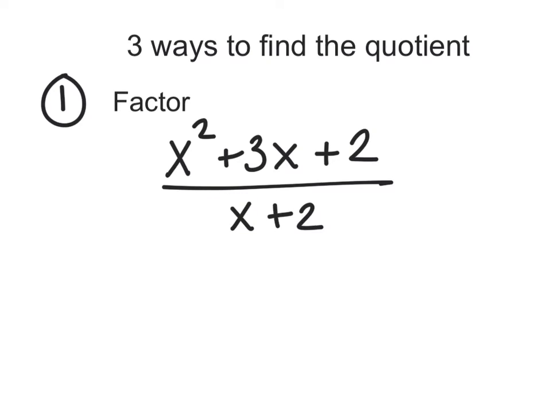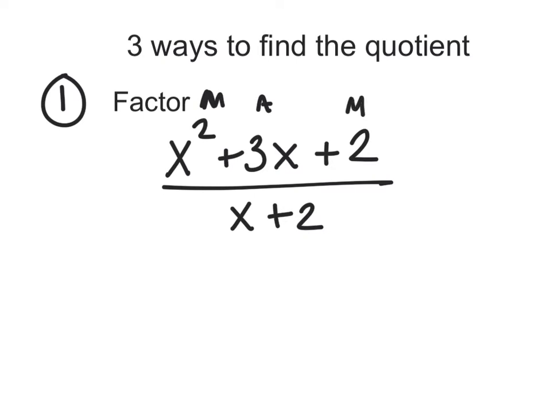I would say as of today, there are 3 ways that we know how to find a quotient. And we'll talk about all 3 of them, and we'll use the same polynomials to divide. So number 1 is simply just factor. Now this one's nice because I can factor the numerator, so let's go ahead and do so. Remember, I am